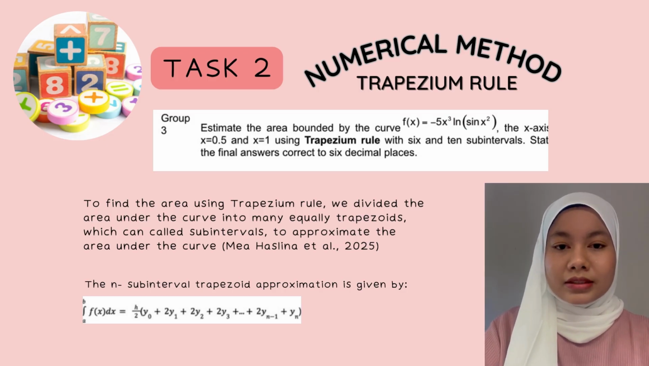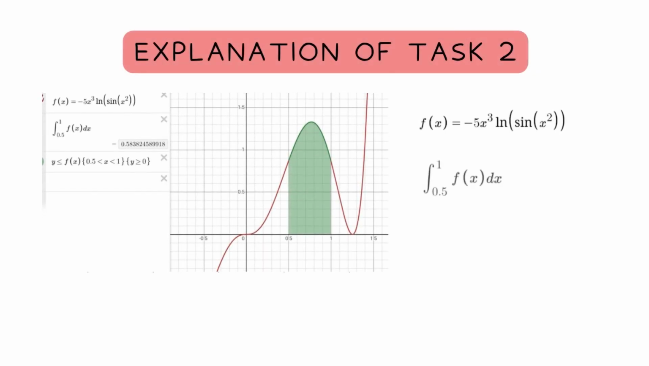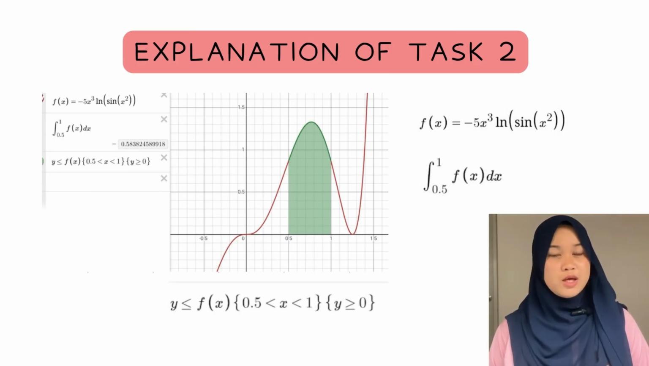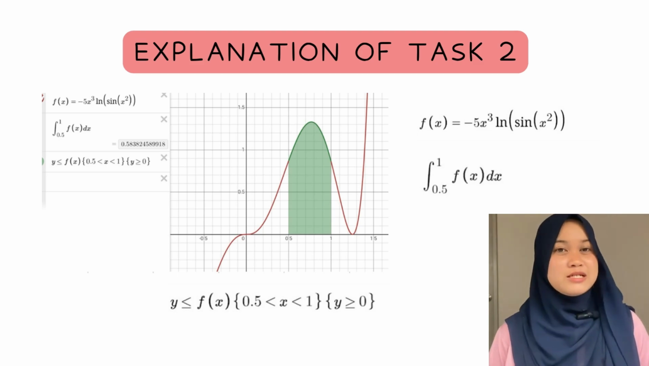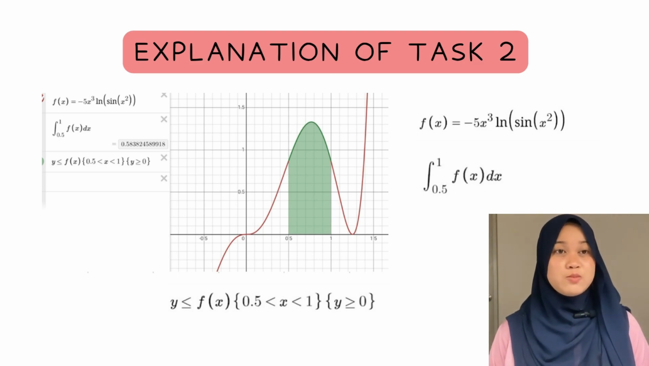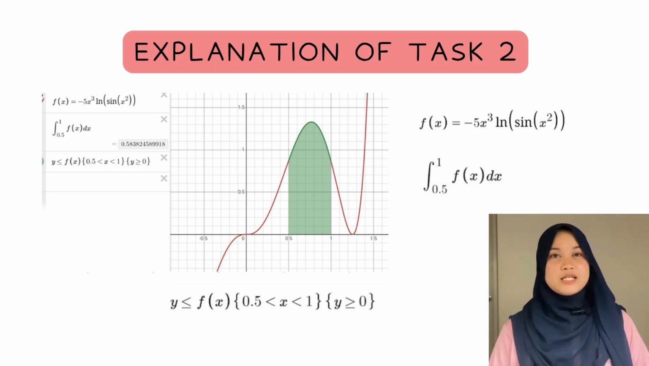The n subinterval trapezoid approximation is given by the equation. This is our graph for Task 2. The red curve represents the function f(x) equal to negative 5x cubed ln sin x squared. This function plotted on the coordinate plane shows complex behavior due to the combination of a cubic polynomial, natural logarithmic, and sine function. The shaded green region under the curve is bounded between x equal to 0.5 and x equal to 1,